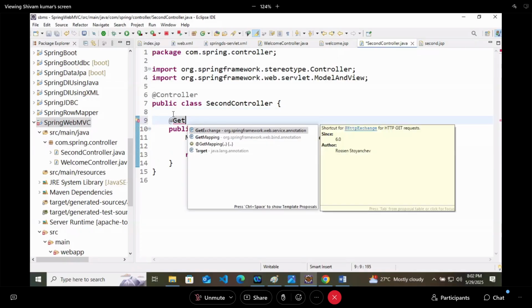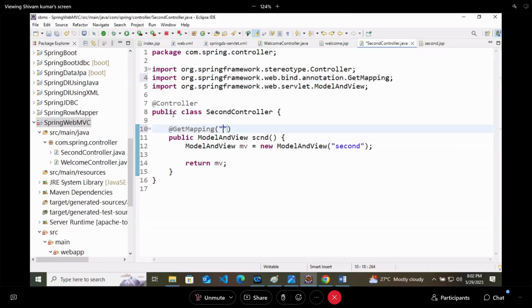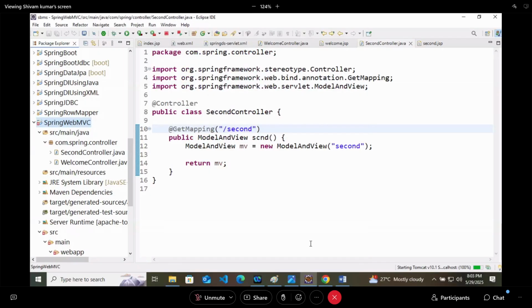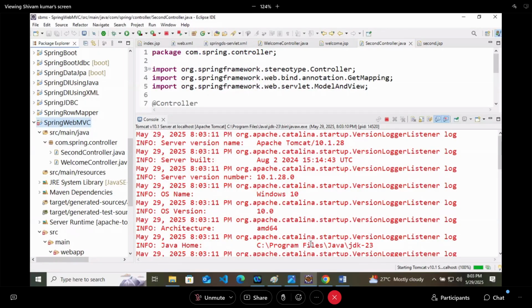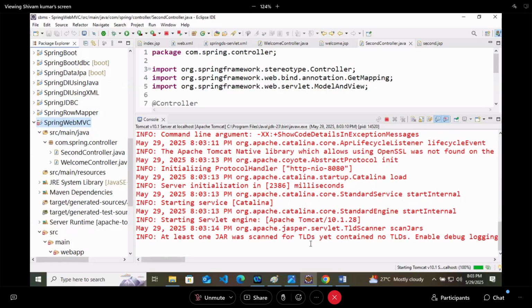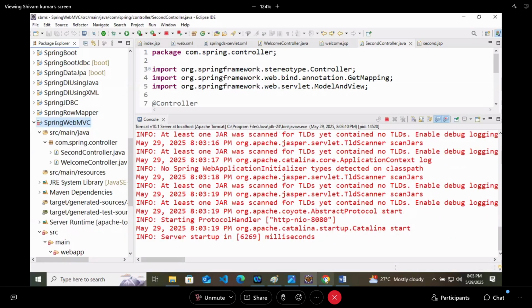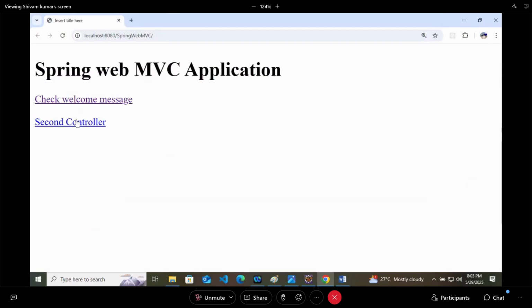Slash second request. Restart the application. And again we got the project. Now again I will click on second controller. And this time we got the second controller.